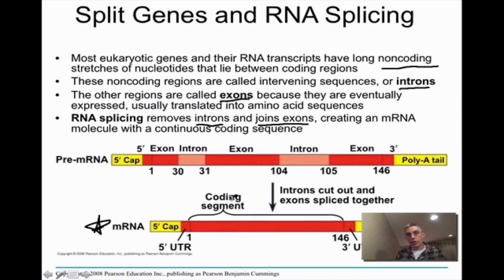create our protein. So down here again, you can notice that we have the introns being represented here and here. So these are our non-coding regions. These would be our exons, and so those are going to be the coding regions of our pre-messenger RNA. And so we're going to have enzymes that are going to come through, they're going to take out these introns, then we're going to splice together the remaining coding exons, and again, that's going to produce our final messenger RNA